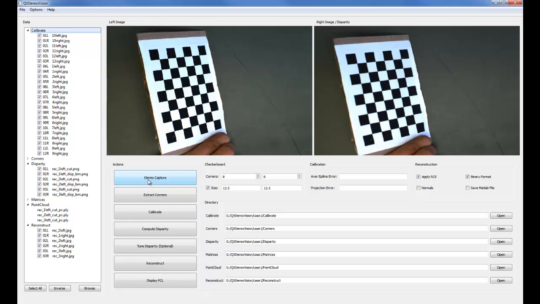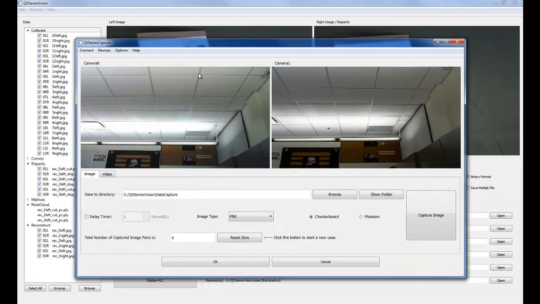The first step for point cloud reconstruction involves collection of the input images. Clicking the stereo capture button invokes a panel to facilitate capturing stereopair images and video streams. For reference, it is desirable to capture 12 or more pairs of checkerboard images to generate an accurate calibration of